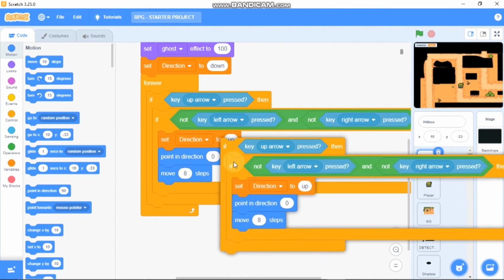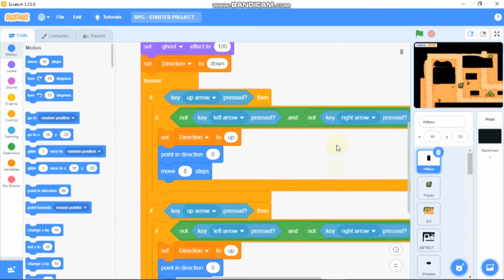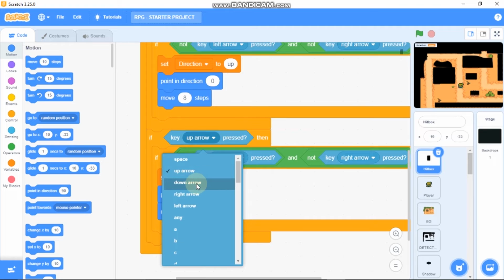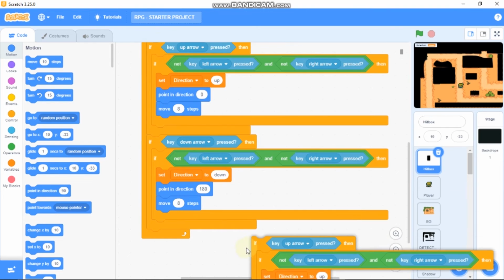And duplicate this thing and change this to key down arrow pressed, set direction to down, move, and point in direction 180. Duplicate.